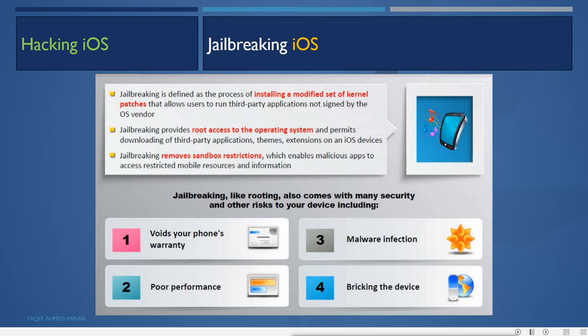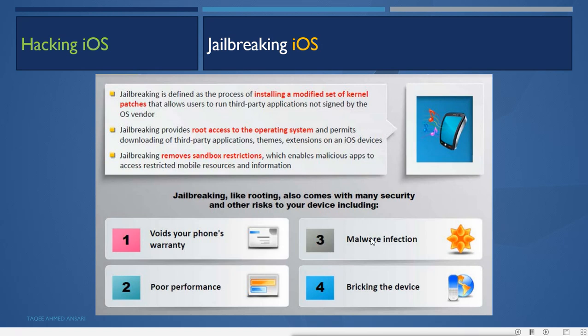Jailbreaking, like rooting in Android, also comes with many security and other risks to your device, including that it voids your phone's warranty. First the warranty is gone, then poor performance, then malware infections, as the chances of malware infection increase.